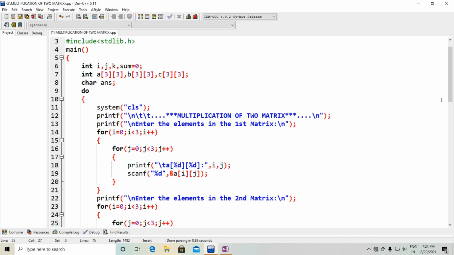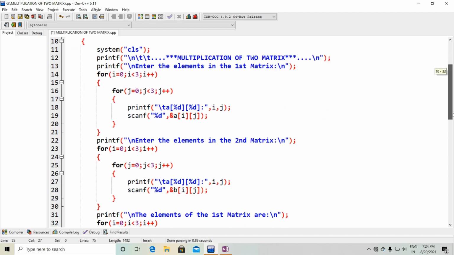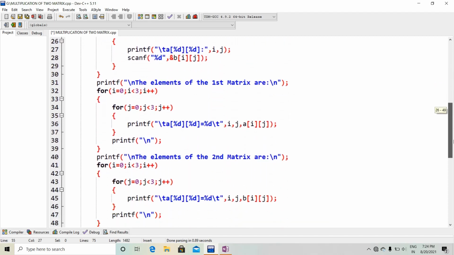Then at first we have to take the matrix elements from the user. This is the procedure to take matrix elements from the user. This is for the first matrix and this is for the second matrix, and you all know how to do it. In my previous video I have discussed it. Then we have to print those matrices.